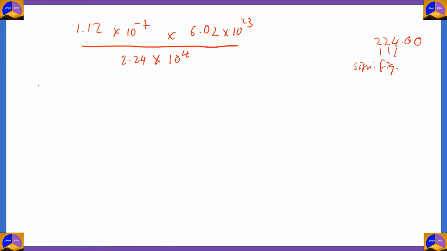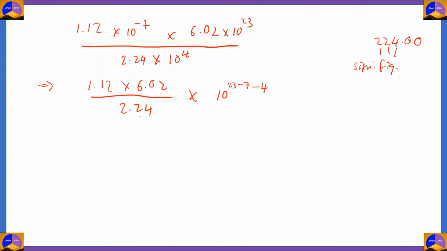Now what we do is we simplify the powers. So 1.12 into 6.02 divided by 2.24 into 10 raised to, so we have 23 at the numerator minus 7. And since 4 is at the denominator, 10 raised to 4 will become 10 raised to minus 4 when taken to the numerator. So minus 4,